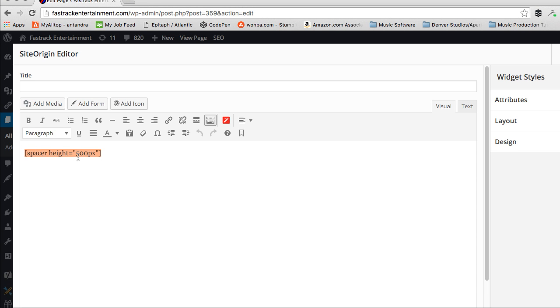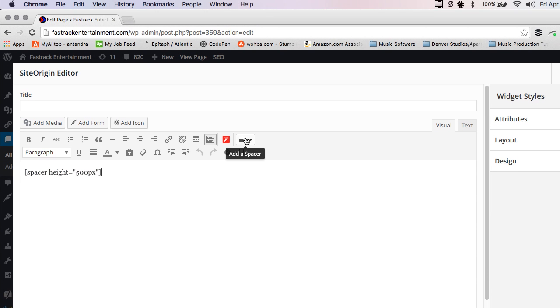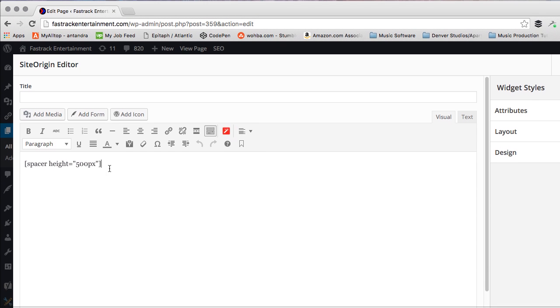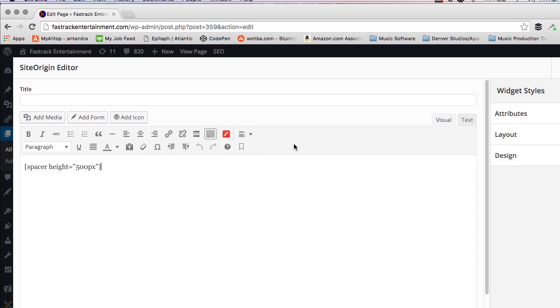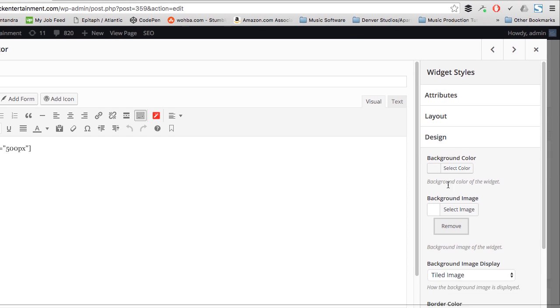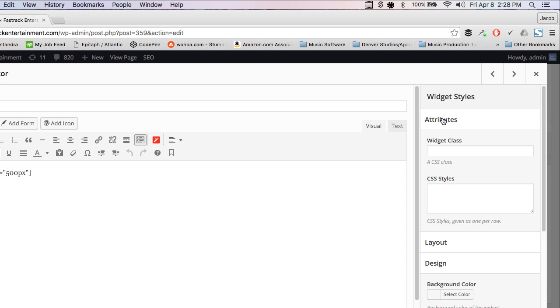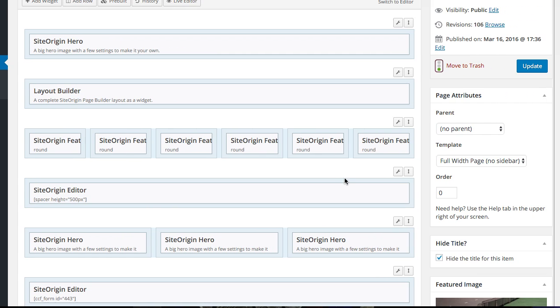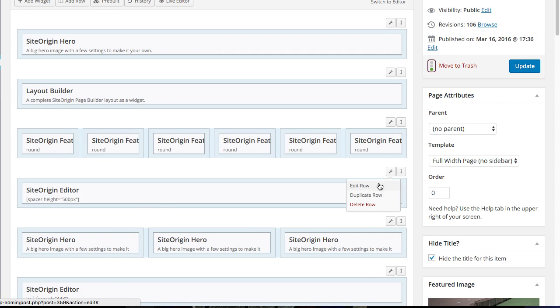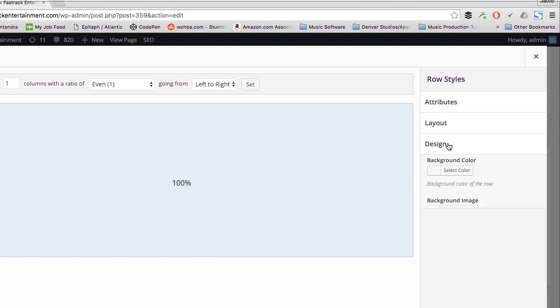And basically I just put this spacer in. I used a plugin called Spacer. And this just makes it 500 pixels tall. And then I gave it a background. Not here, but if you go to the edit row and go to the side, you can see that I